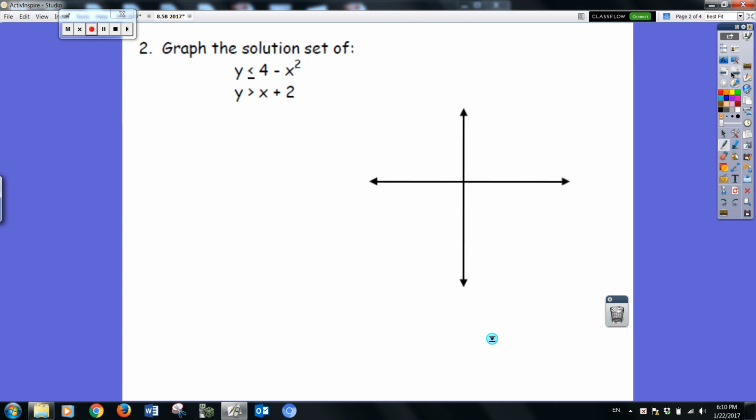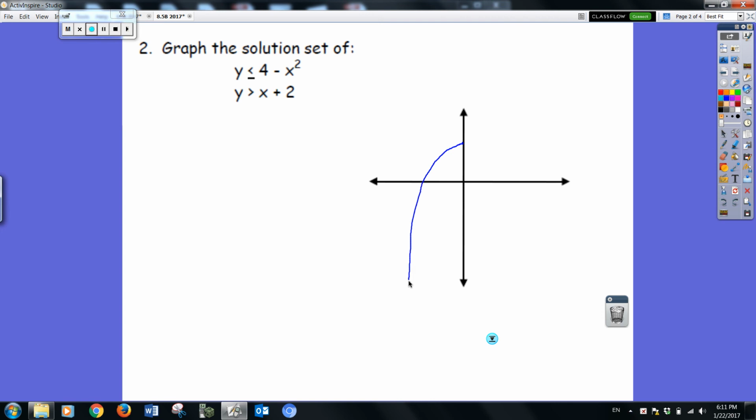All right, so here are two inequalities, a parabola and a line. And that first one is just a parent function. The parent function is y equals x squared. So if we were to graph the parent function of a parabola, we can all do that very easily. Well, notice this one has a 4 and a negative in front of the x squared. So that means it's going to be flipped upside down, and the y-intercept is going to be 4. So we can go up to 4,